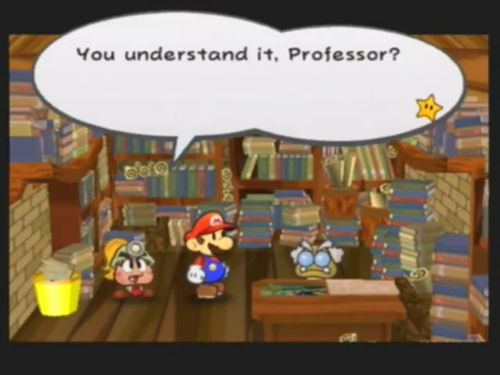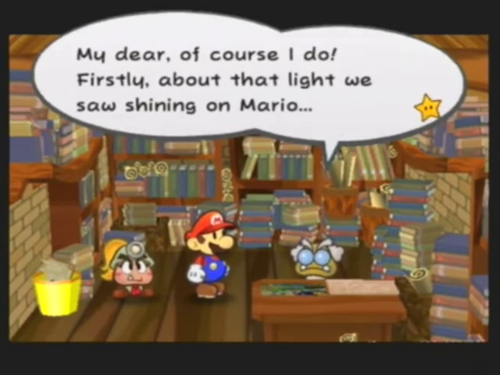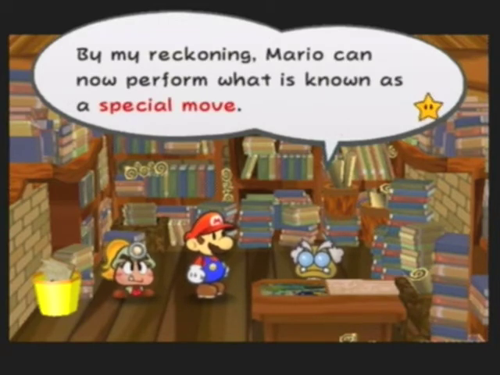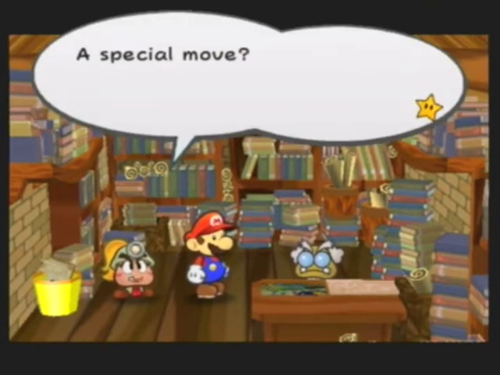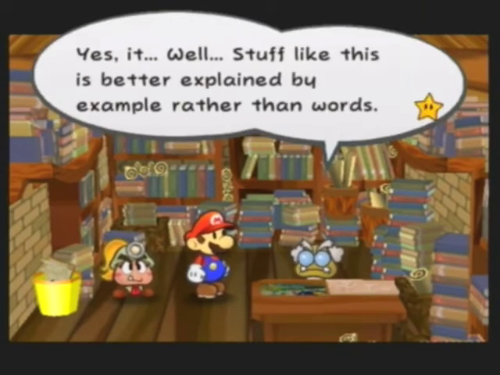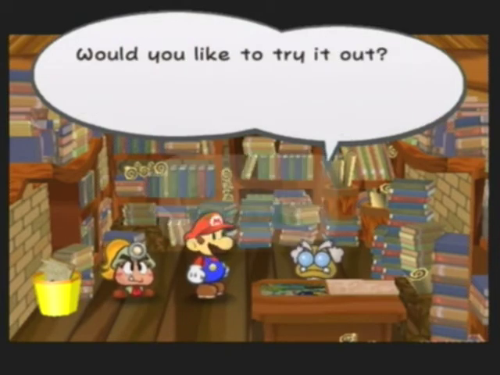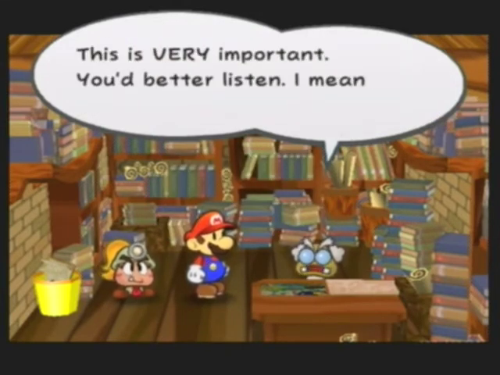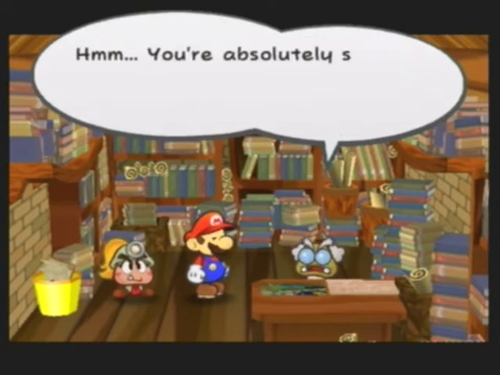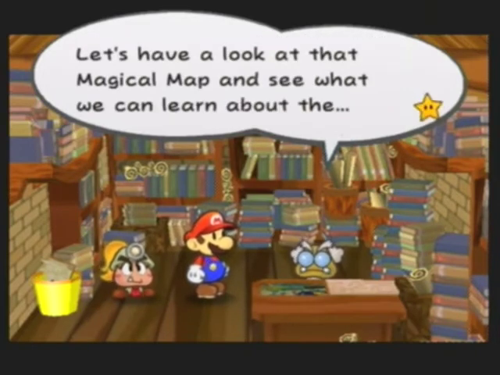You understand it, Professor? My dear, of course I do. Firstly, about that light we saw shining on Mario. By my reckoning, Mario can now perform what is known as a special move. A special move? Yes, well, stuff like this is better explained by example rather than words. Would you like to try it out? No thanks. This is very important. You'd better listen. I mean it. Are you ready to listen? No thanks. You're absolutely sure? Well, alright then. Let's have a look at that magical map and see what we can learn about the...